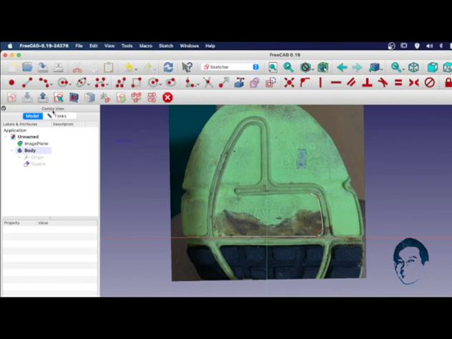Alright, and here is a straight line. We will draw a line to connect and go all the way to here. Alright, and continue again to here.